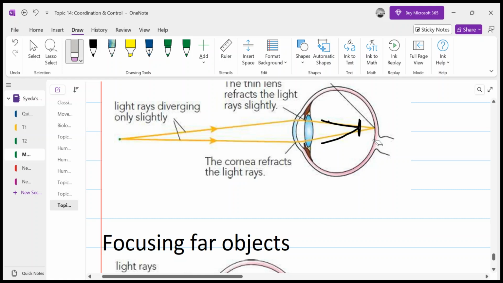So if the lens won't change its shape, if the lens becomes non-elastic, if the lens becomes rigid, it does not... Right now it is doing so in this diagram, but you do not have to focus on that. But fovea is the place where the image is formed. You remember this. I have just taken a picture from somewhere, but you do not have to consider it, just remember that the image forms at the fovea. Let me get the picture from some other diagrams as well, from other sources. Wait a minute.